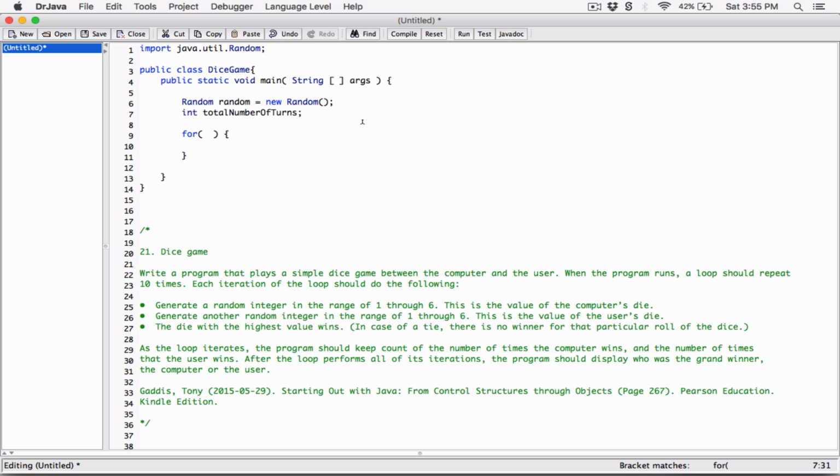In total number of turns, I'm going to initialize it to 10 because there are going to be 10 turns, 10 total turns. So I'm going to start from turn 1. I'm going to initialize an int variable that I'm going to create right now. I'm going to call it turn, and I'm going to initialize it to 1 because we're starting from turn 1 all the way to 10. So as long as turn is less than or equal to total number of turns,